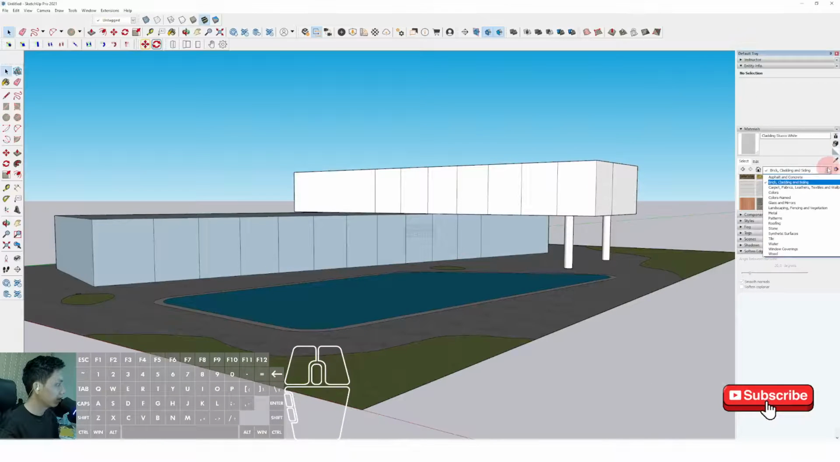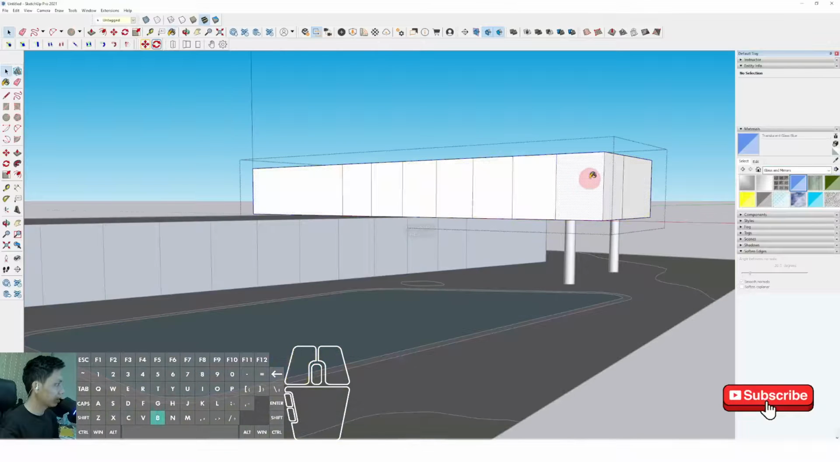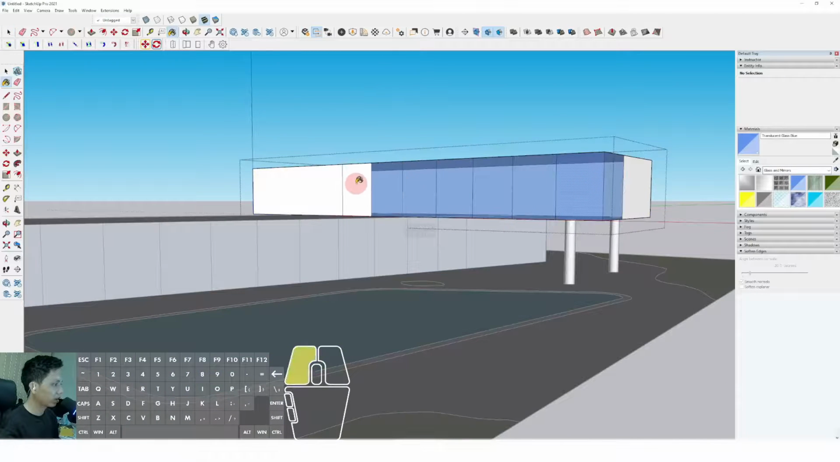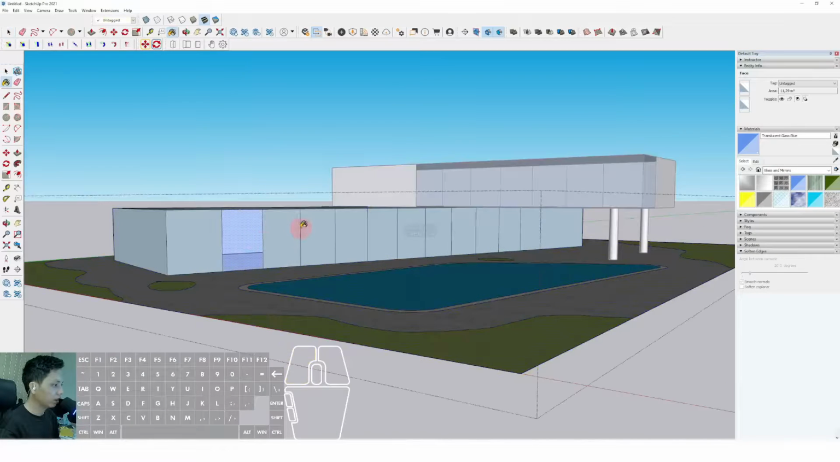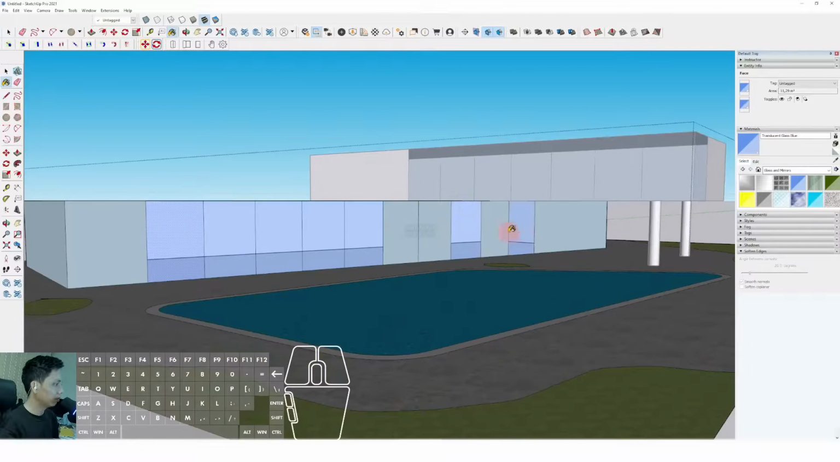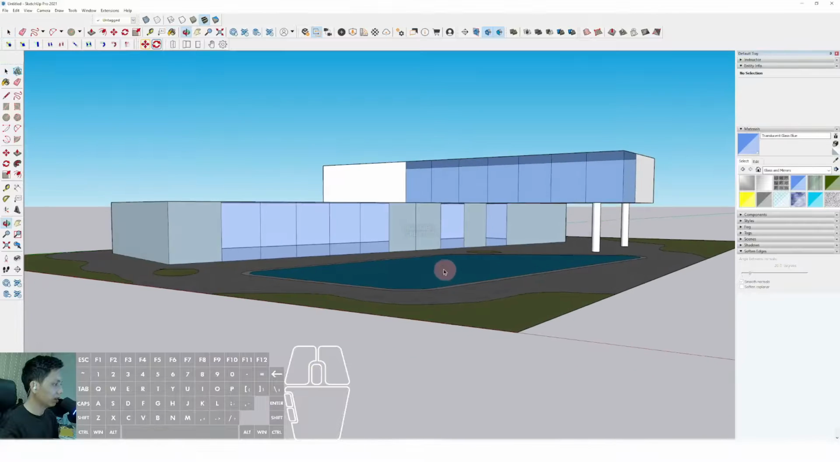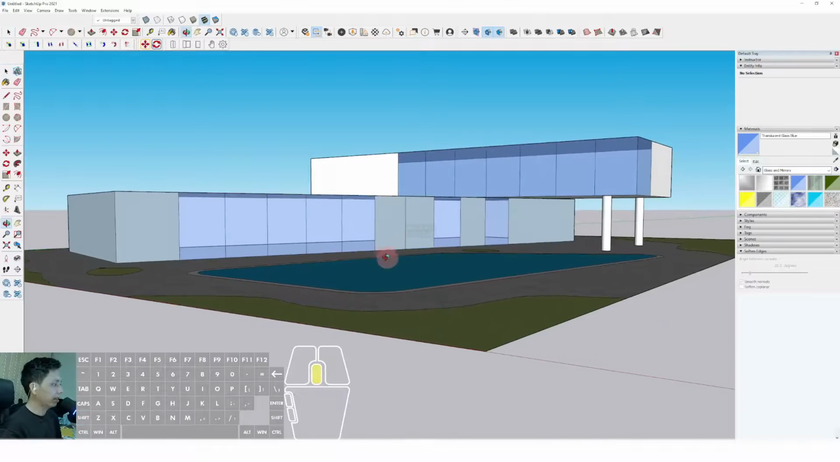Okay, and after that we can assign the glass materials, the blue glass materials like this, and we can assign the materials using this assignment. Okay, we can make it like this. Then okay, and after that